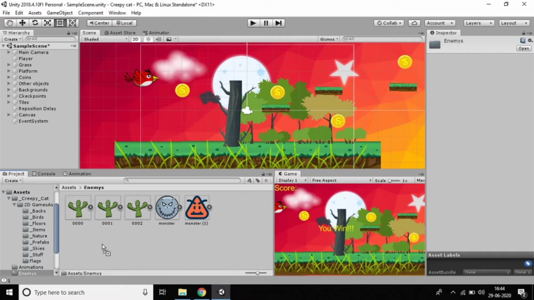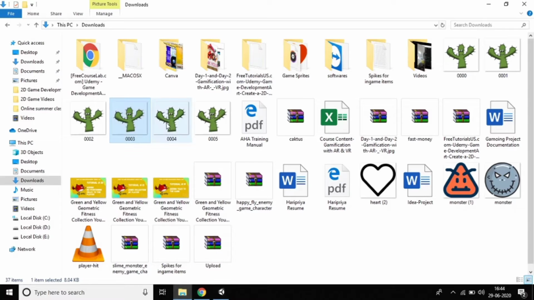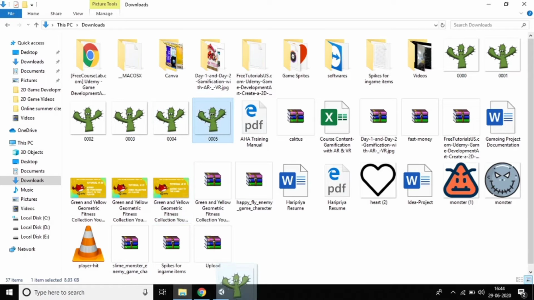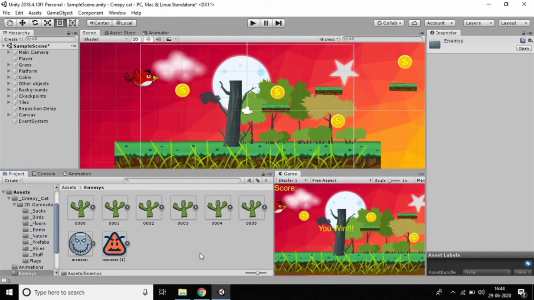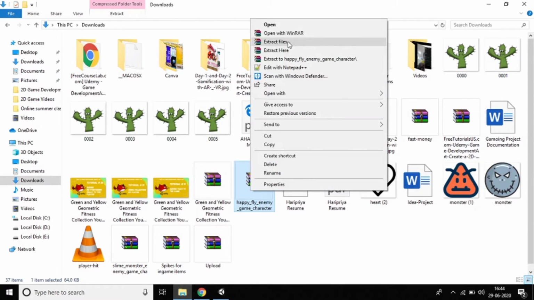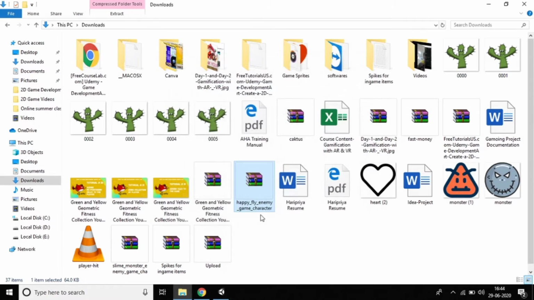We'll work more with enemies, so that's why I'm downloading each and every one. I'm taking every enemy. Yes, of course we've done a total of 5, and we downloaded many more, right? Just extract files. Okay, it's in a folder.